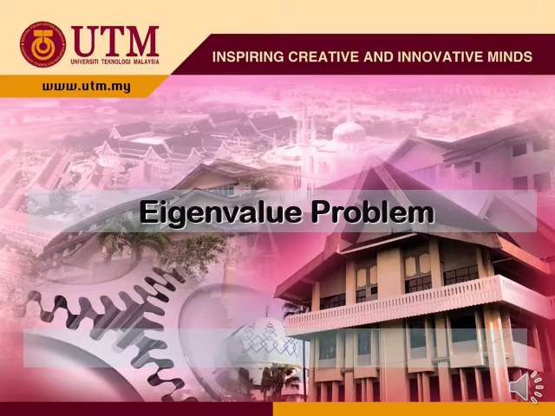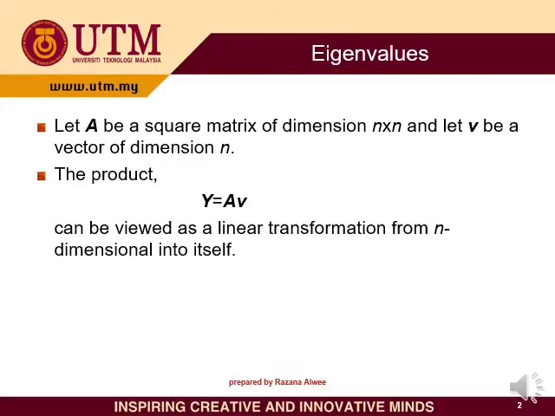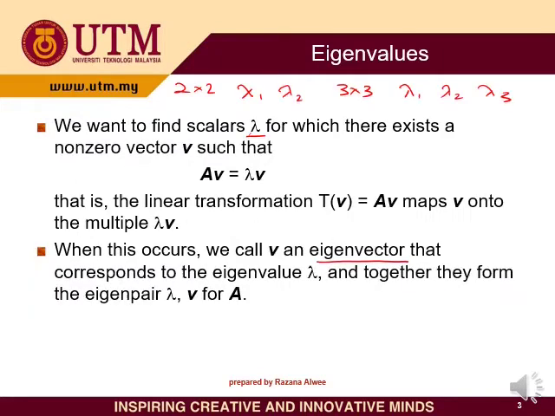Okay, now we're going to start with our chapter 7, which is Eigenvalue Problem. So the problem here is we need to find eigenvalues of a matrix. We want to find eigenvalues, or scalars, for which there exists a non-zero vector v such that this equation holds: Av equals lambda v. This is the eigenvalue, and this is the